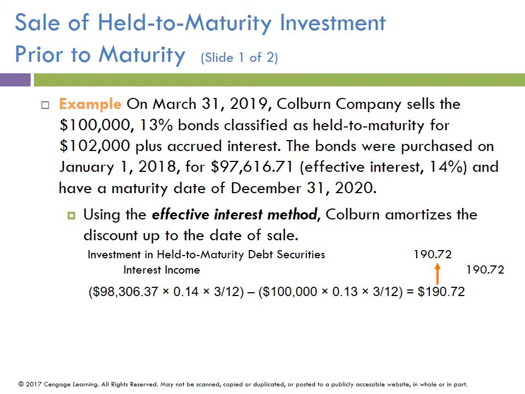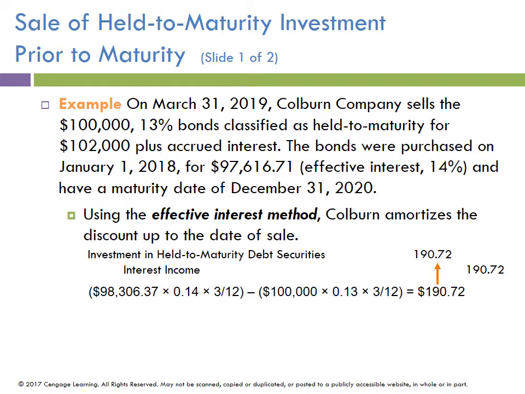So they're selling them 3 months into the next interest period. So they should record those 3 months of interest. They have to amortize, I should say, the discount for those 3 months. Now, I'm not too thrilled with the way they do that, but it's really what is being said on page 13-8. Another way of doing that is you can look right at your amortization schedule and say, okay, the next